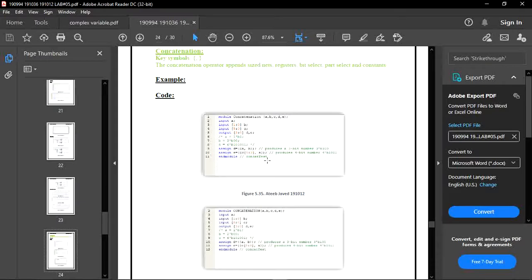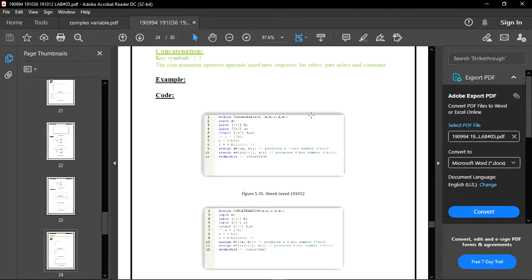We can show you. So this is our code. First of all, in the concatenation module, we have to declare all the inputs and outputs, and after giving size to our input and output, we have to assign these operations with the help of concatenation.